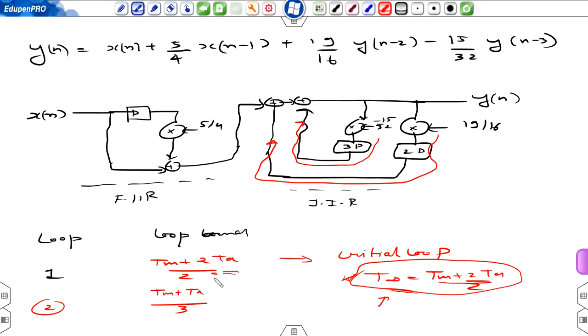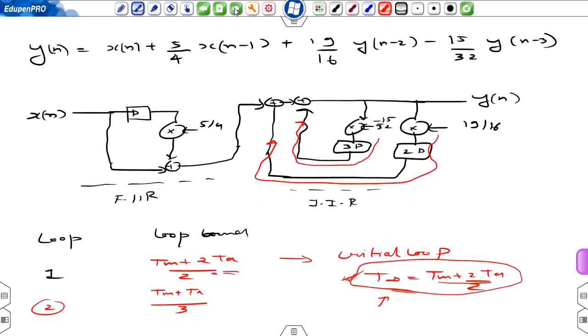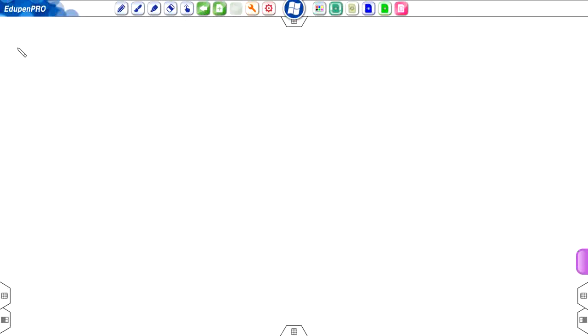Okay, so now further you want to increase the sampling rate. So what you can do, in this filter you can eliminate Z minus 1 as well as Z minus 2. You can eliminate both the terms. Okay, and for this what you have to do, okay, so now what we are doing, we have our original filter H set, in which